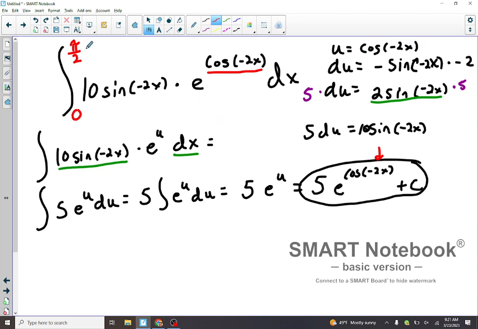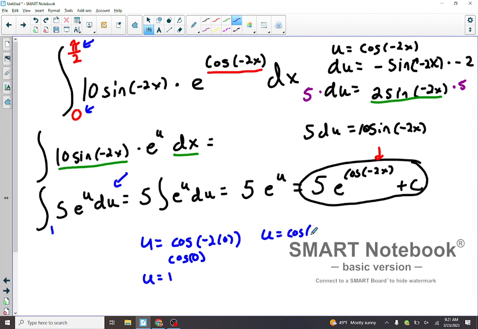So what I could do is, let's do blue over here, if I know when I'm changing it to du at this point, let's say then I want to change these values, which are for x, into for u. So in this case, u will equal cosine negative 2 times 0, which is cosine 0. What's cosine 0? 1. So u equals 1. And this one will be u equals cosine negative 2 times pi over 2, which is going to be